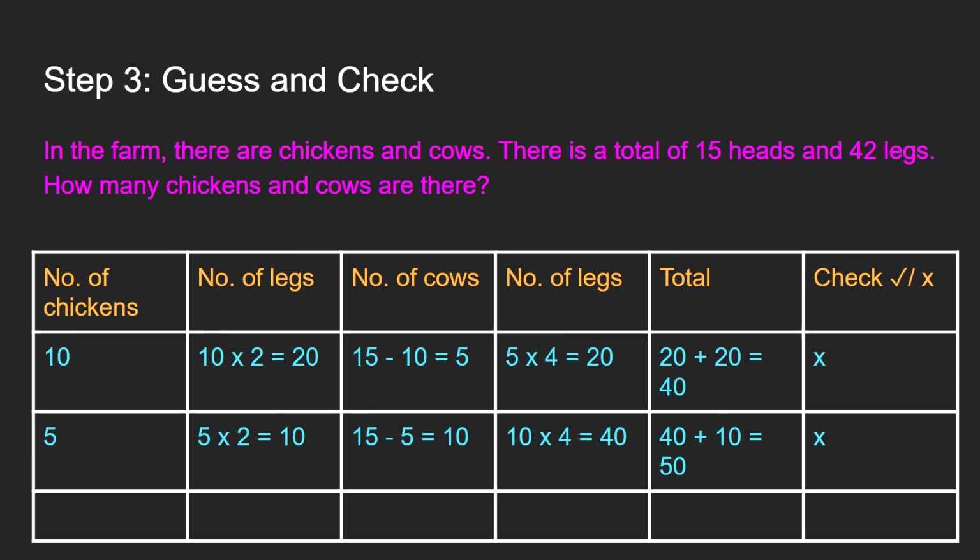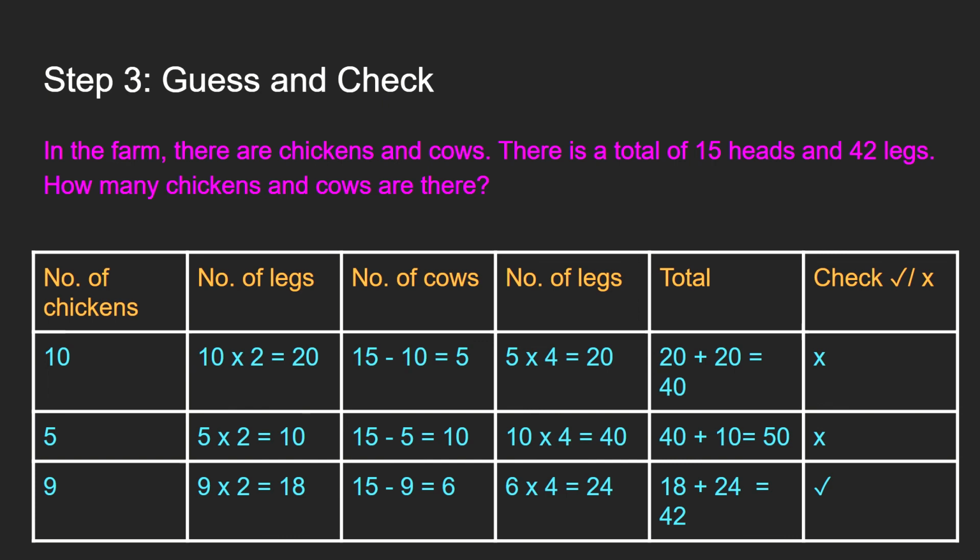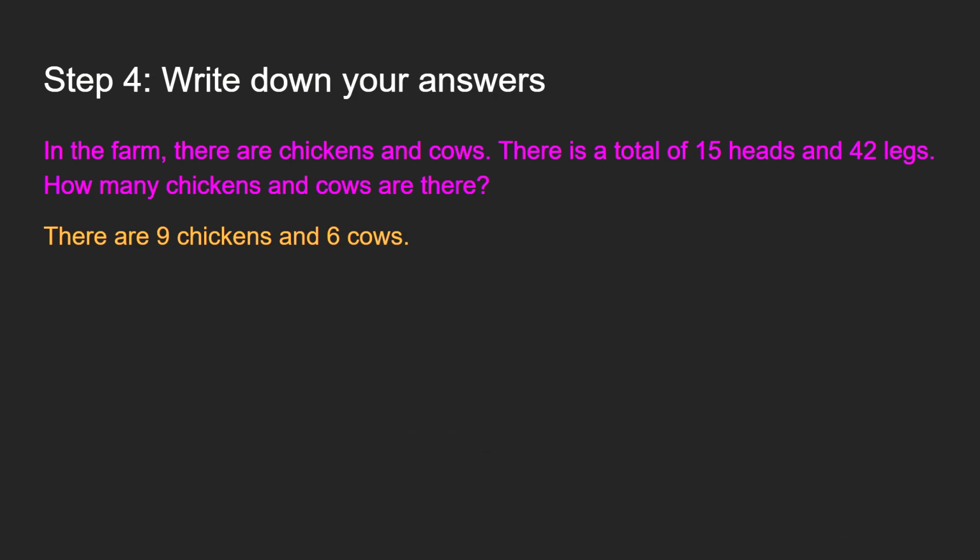So let's say you guess, and finally you come to the answer that looks the most legit. Number of chickens we guess 9, so number of legs we have 9 times 2 equals 18, and number of cows 15 minus 9 equals 6, and now number of legs from the cows 6 times 4 equals 24, and 18 plus 24 gives us 42, and with that we get our answer finally. And obviously don't forget your statement. So there are 9 chickens and 6 cows, and with that we have solved a very